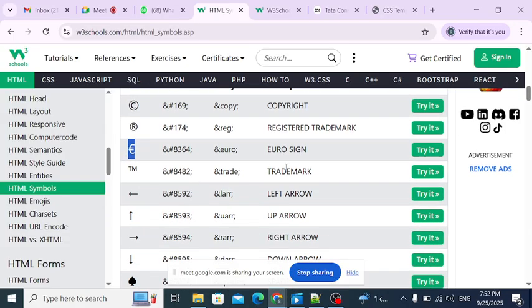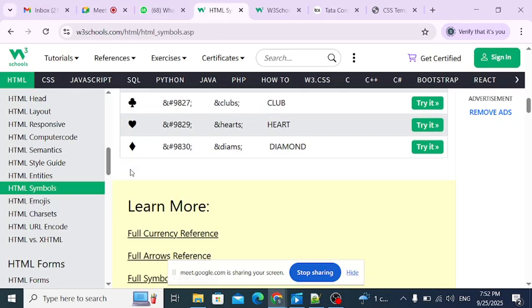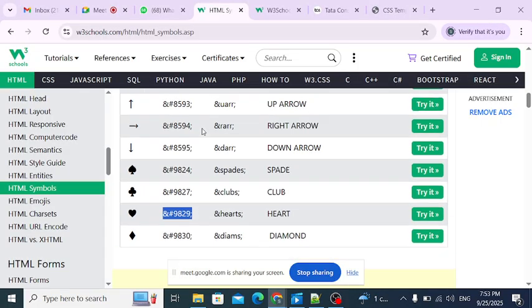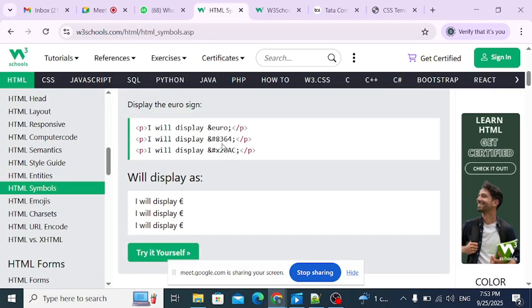And next we have trademark, left arrow, right arrow. All these symbols, if you want to print in your web page, we have to use this kind of code. That symbolic code we put in any particular tag, and that symbol will be printed. Suppose I will take one example,